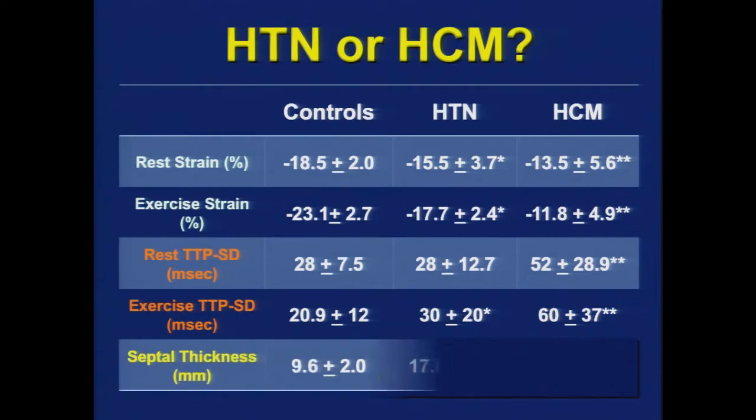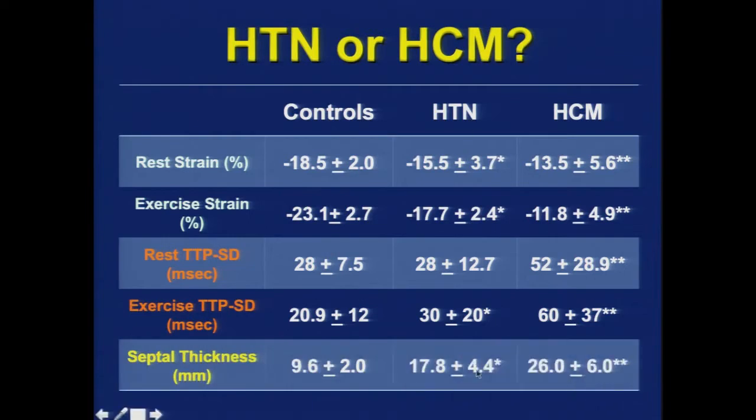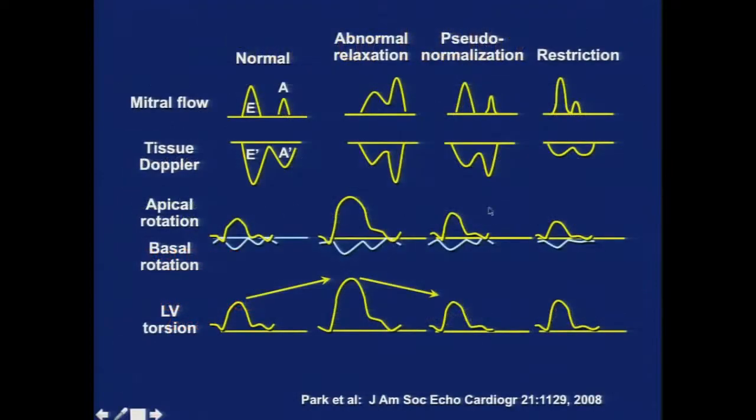But look what you see here in many of the clinical trials. You see the hypertrophs' walls are like 26 and the hypertensives are only 18. That's not a very difficult clinical conundrum because you're not going to see too many hypertensive patients that have walls that are 26 millimeters thick. But what was interesting is what we showed earlier.